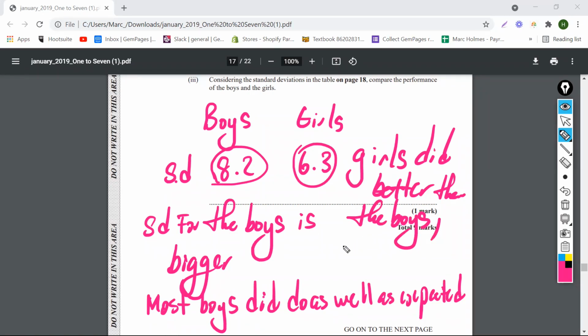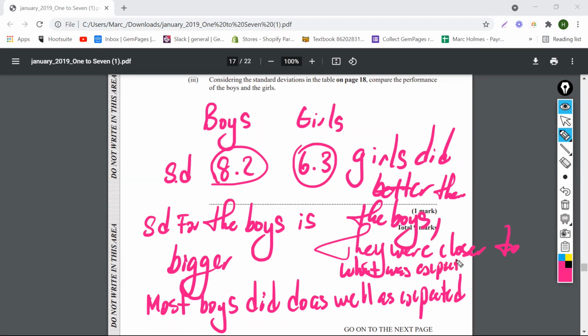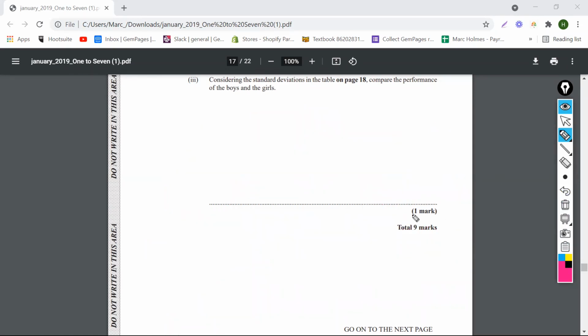They were definitely closer to what was expected for them. Cool. So that would be the answer for the 1 mark. That's all you really have to state. And that's good. But this is another thing, guys, that, yo, if you don't know,